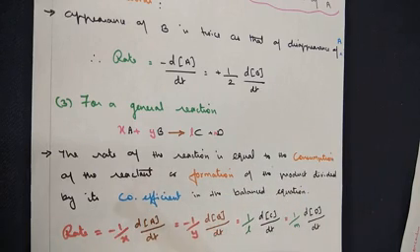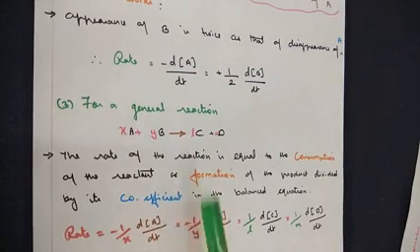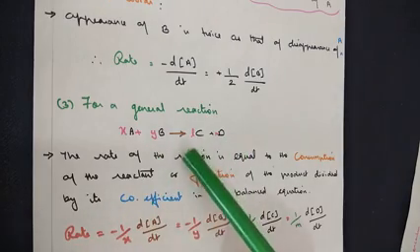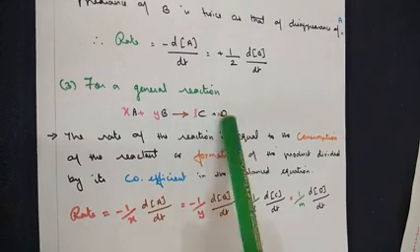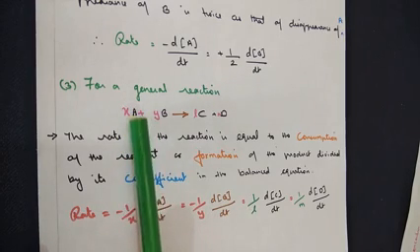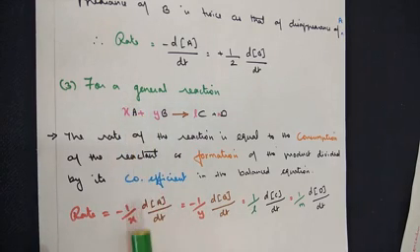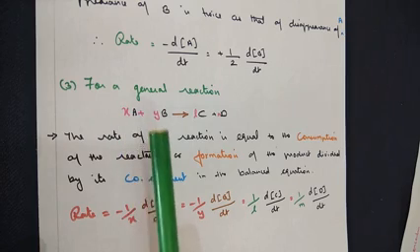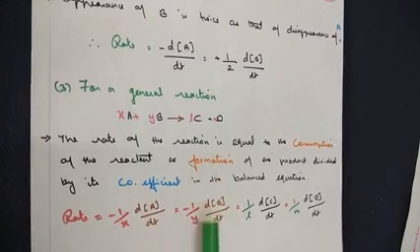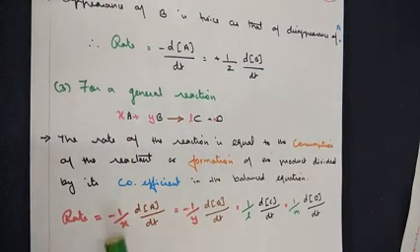The type of question asked from this particular concept is that you will be given a chemical reaction equation, and you have to write the rate of the reaction for the given reaction. So how shall we write it? Whatever coefficient you get, write it in the denominator as a fraction. On the reactant side, never forget to add the minus sign. The minus sign stands for decrease in the concentration on the reactant side. So minus x comes to the denominator: minus 1 by x d[A]/dt.